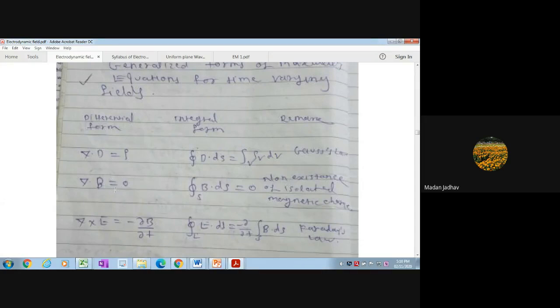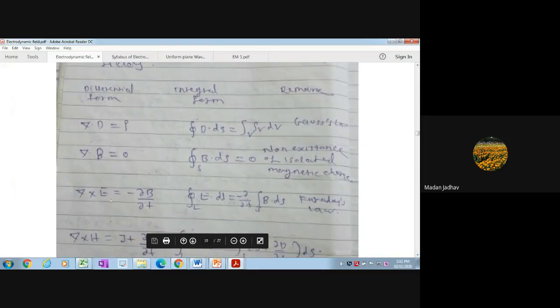It also depends upon the permeability of the medium. If the permeability of the medium is maximum, then the magnetic flux density is also more. Permeability is a property of the magnetic material to magnetize, so that more magnetic flux will be generated. More magnetic flux generated means more magnetic flux density, and therefore B is directly proportional to H. These are the two equations we have seen.